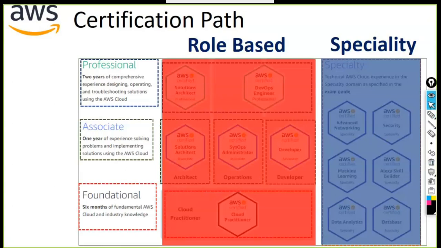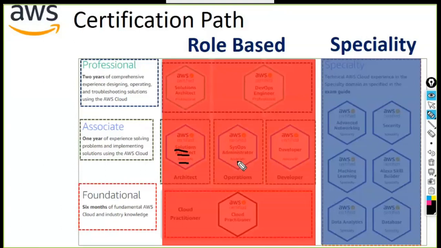But at present, we are going to focus on the solutions architect associate level. Architect level certification is very, very important before you go with any of the other role-based certifications. That's very important, so please be noted about it. What are the prerequisites? Yeah, of course, we will see that. Probably we'll be connecting up with the group as well, so I'll be forwarding more tidbits on those as well.